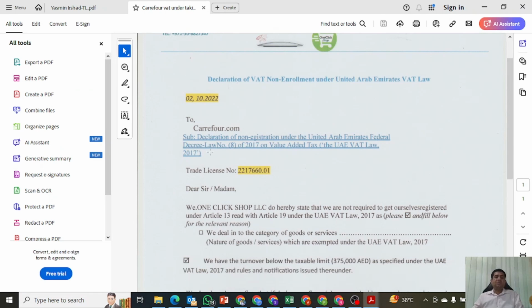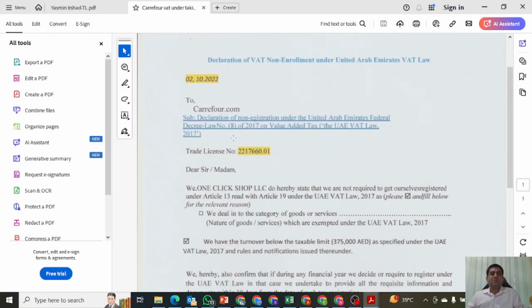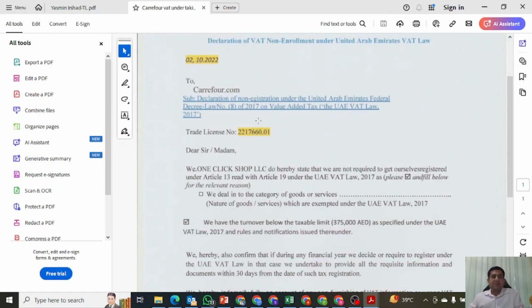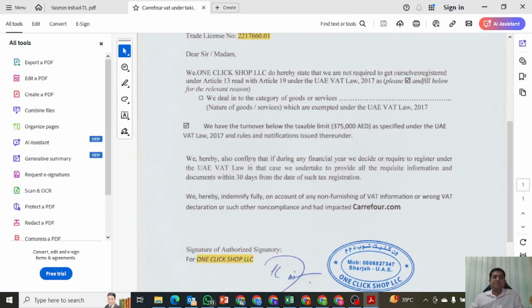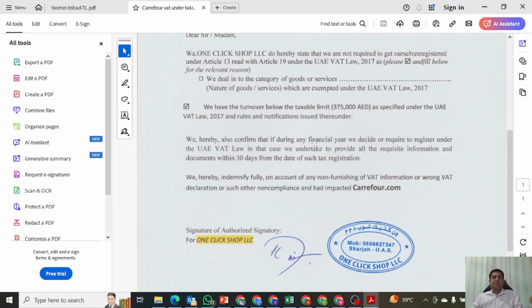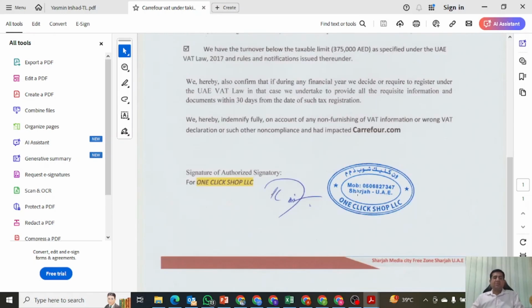This VAT exemption certificate is for Carrefour.com. Carrefour is also one of the big marketplaces. So then we need to write here the trade license number, dear sir, madam, and okay. Over here we need to give a reason that we have a turnover below the taxable limit of 375,000 as specified in the UAE law, and so on. This undertaking, with the company stamp and the company signature, you need to provide,